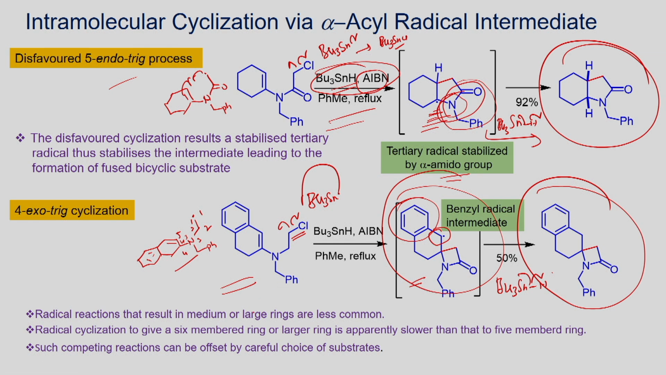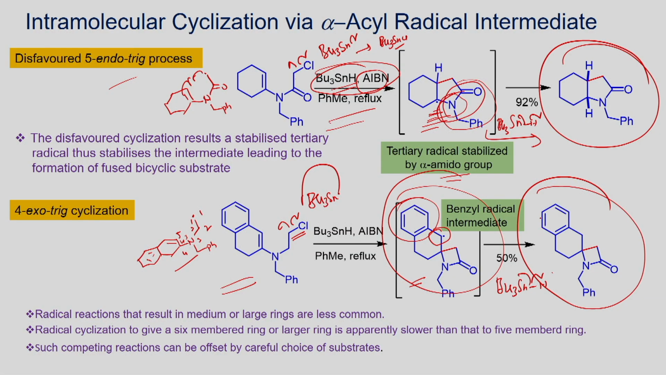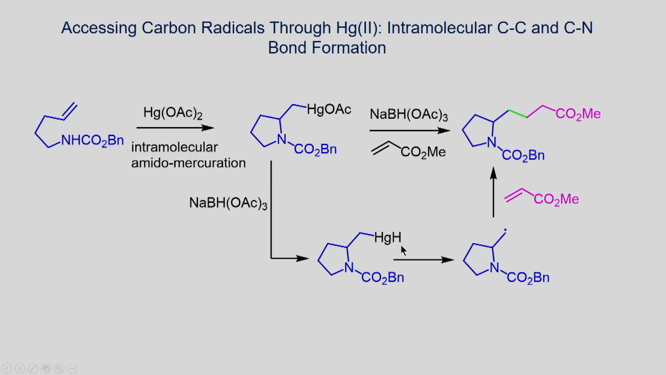As you can see here, the radical reaction plays a very important role to construct very complex cyclic systems. Otherwise, it will be very difficult to make by traditional methods. Here, an example is shown where you use mercury acetate as a reagent. In this case, as we already know, when you have the alkene,